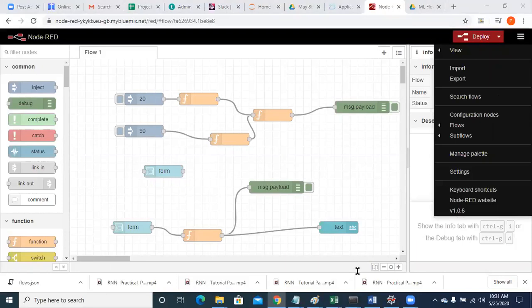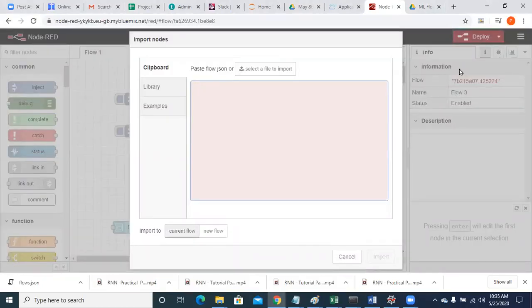Now please click on these 3 lines. Here, you will have an import option. Have you seen that, everyone?